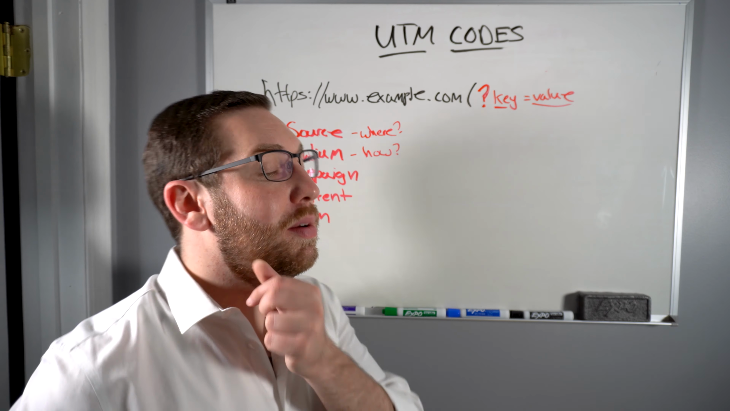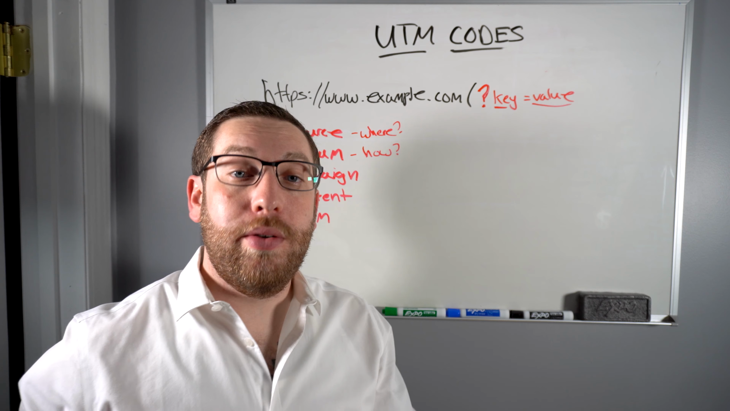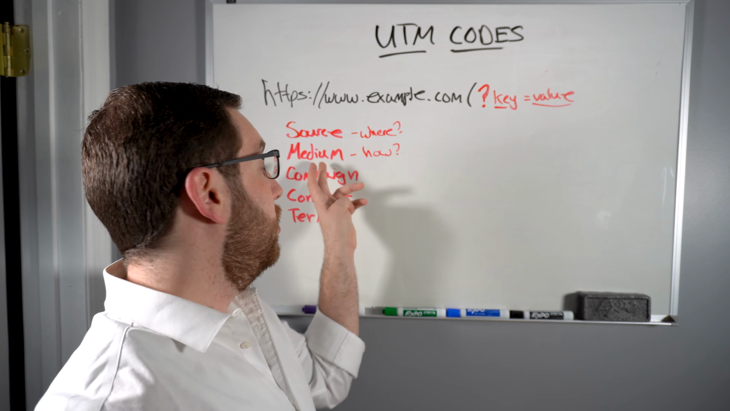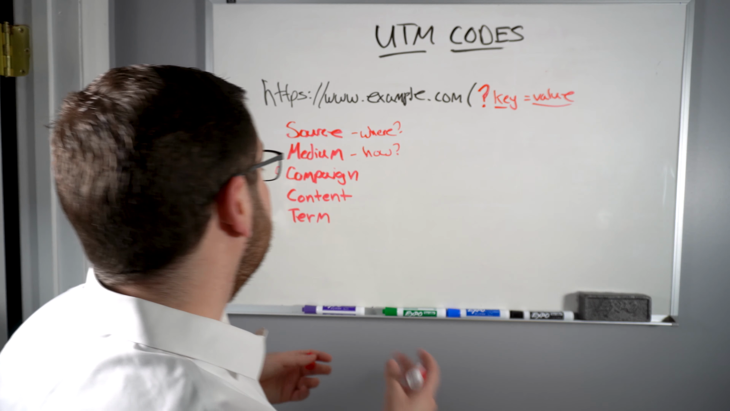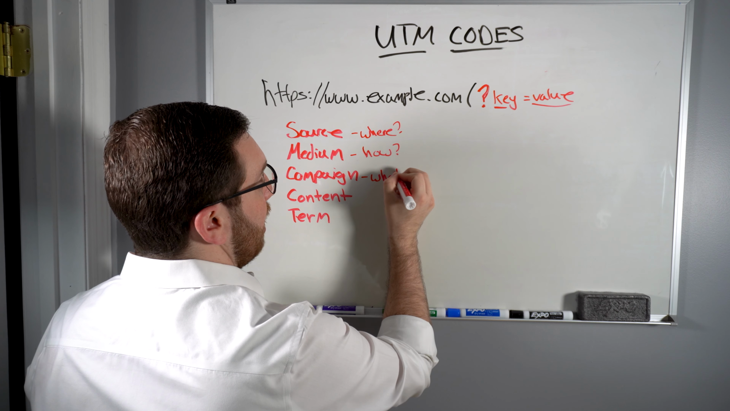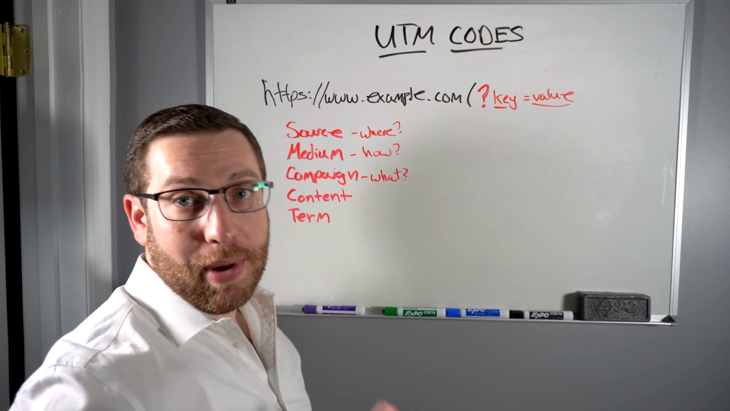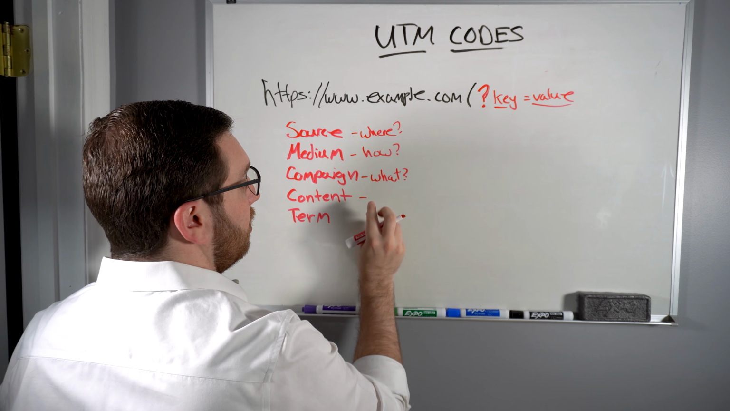So let's say they went to a website, or they clicked, and it came from email. A good example for a medium is email or social media. The campaign is what got them to click it. If you're running a type of campaign, you want to put that in your campaign variable. Content is basically